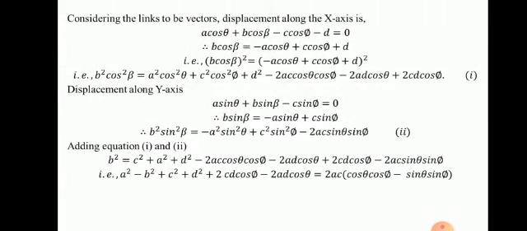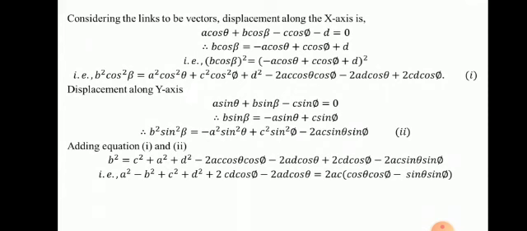Therefore, B cos beta is equal to minus A cos theta plus C cos phi plus D. Squaring both sides, B square cos square beta is equal to A square cos square theta plus C square cos square phi plus D square minus A plus B whole square, which is A square plus B square plus